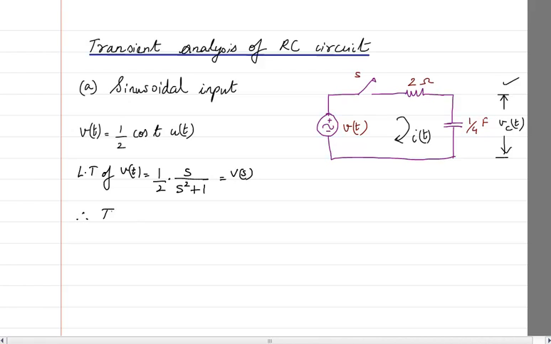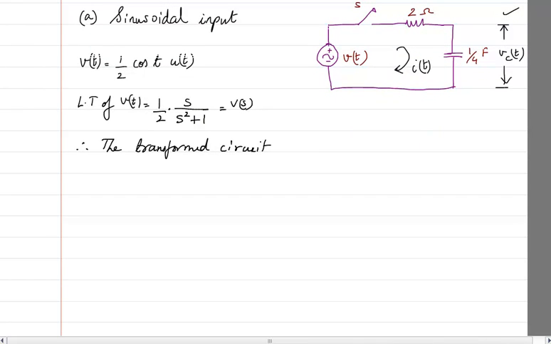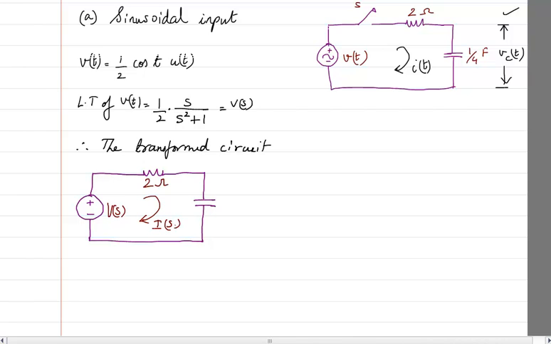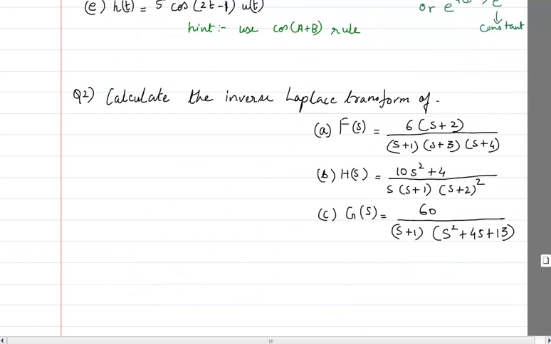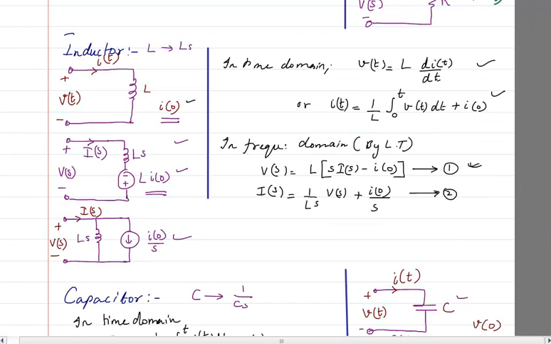So the transformed circuit can be drawn as follows. Let me draw the circuit. In this circuit we put the value of R as 2 ohms, and instead of V of t we write V of s. We already know the value of V of s, and this current is going to be I of s. Now what about C, the capacitance? We have already studied that the capacitance can be represented by